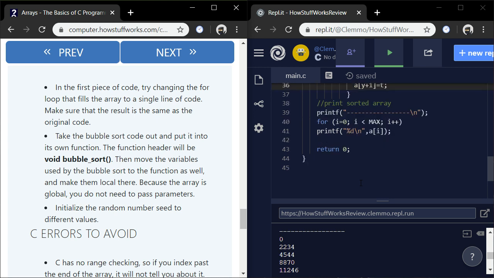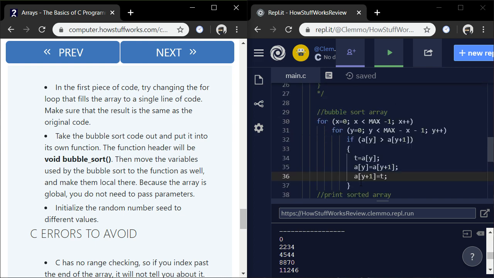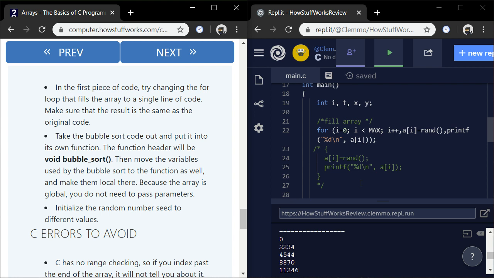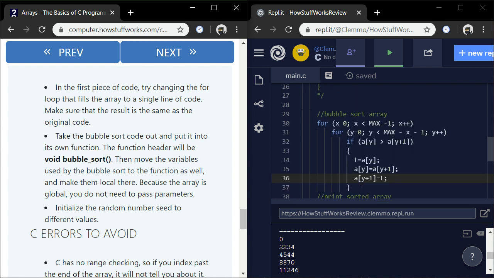Move the variables used by the bubble sort to the function as well. Oh boy. Make them local there. Because the array is global, you do not need to pass parameters.